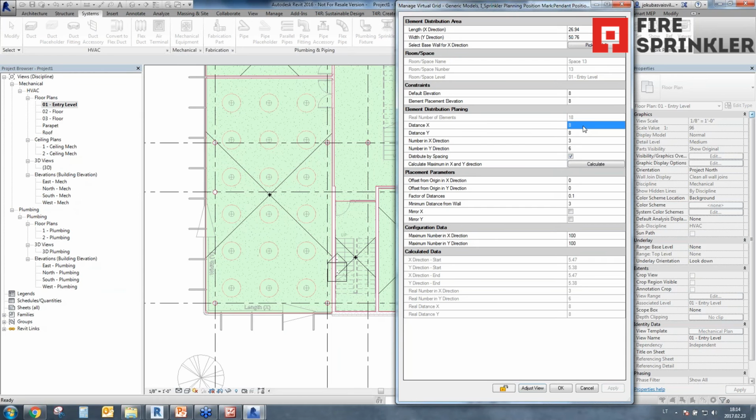You still can change anything here. As an example, let's make it 5 foot by 5 foot, and I'll apply. So I have more of them. 8 foot by 8 foot. Calculate and apply. By the way, you can just write the numbers, how many of the sprinklers you want to